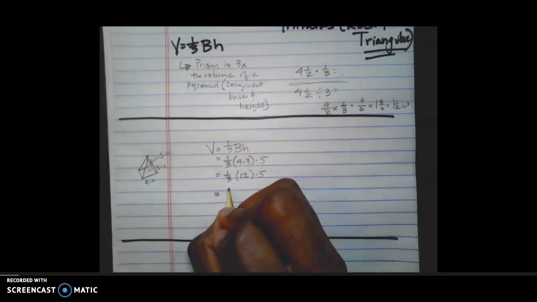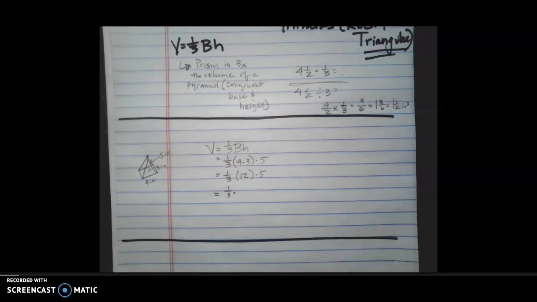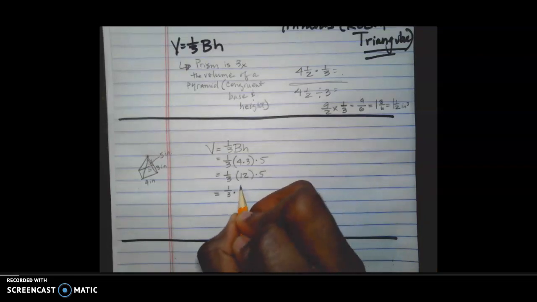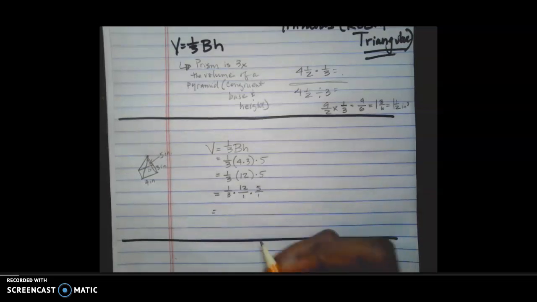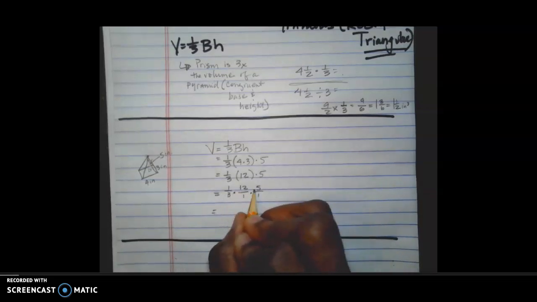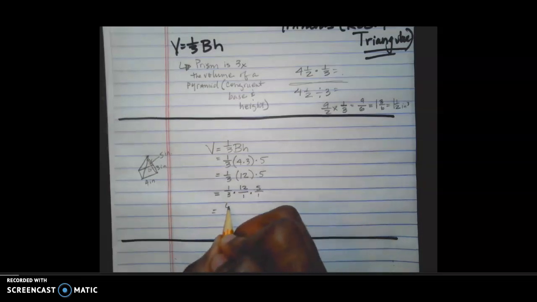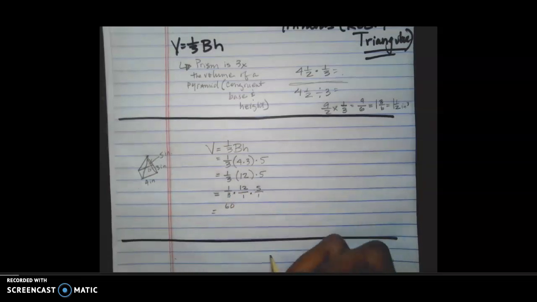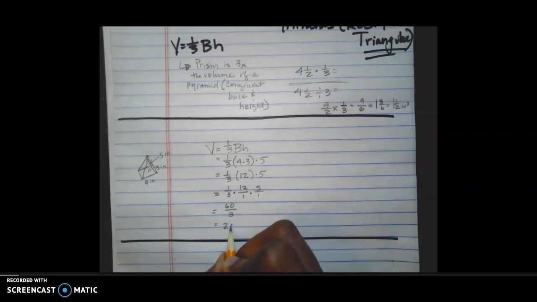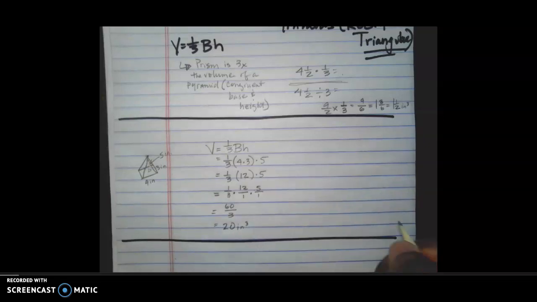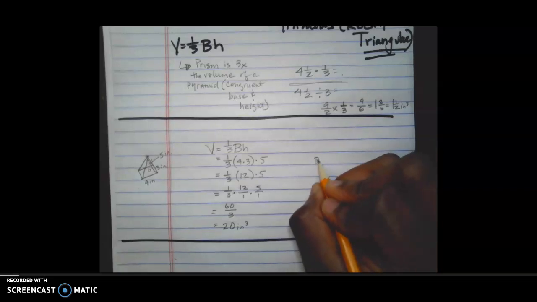So now I know that 1/3, and the reason that I'm switching it to all fractions now is because it just makes it simpler for you to be able to see. I know that any number over 1 is going to be classified as a fraction, 5 over 1. So multiplying these things across, we have 1 times 12 times 5, that is 60. 3 times 1 is going to be what? 3. So I'm going to bring back my unit now. That becomes 20 inches cubed. Simple enough, right? All right. This was a rectangular